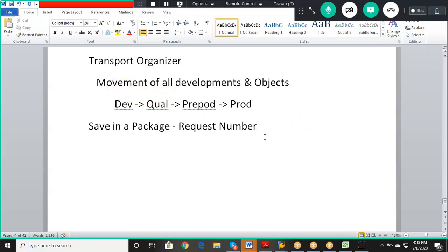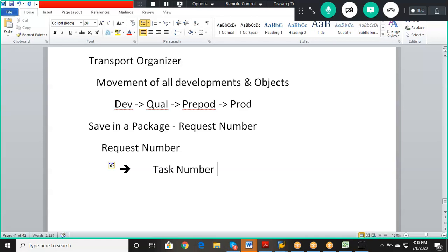It will become local to the development server. So for that, we save it in a package. When we save it in a package, a request number is generated. Under every request number that is generated, by default a task number will be created.